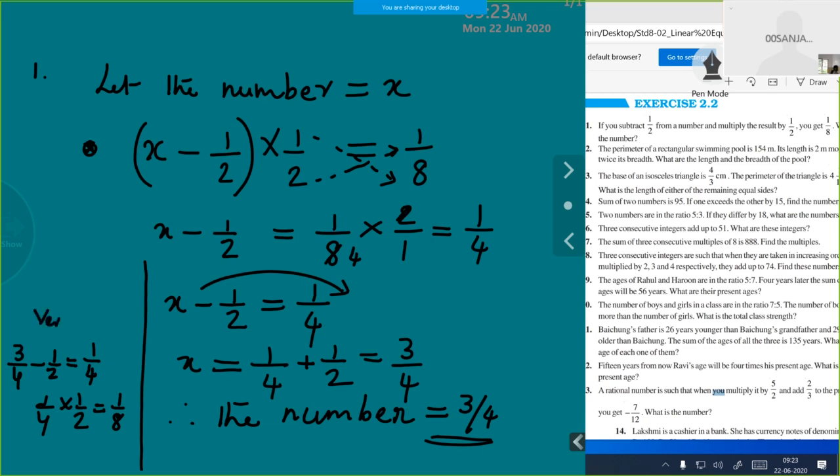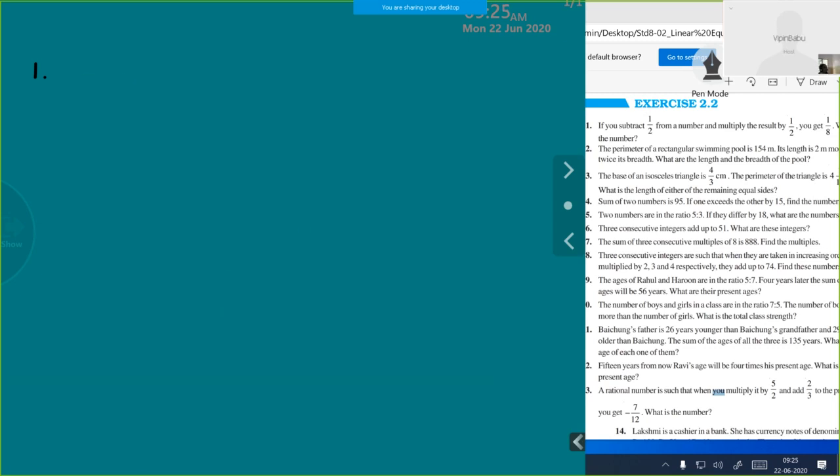This is only just the verification part. It is only for your reference, no need to show it in the answer anywhere. When you learn it, to know what we have done is right or wrong, you do it. Otherwise, this is not required. Okay? Let's go to the second question.